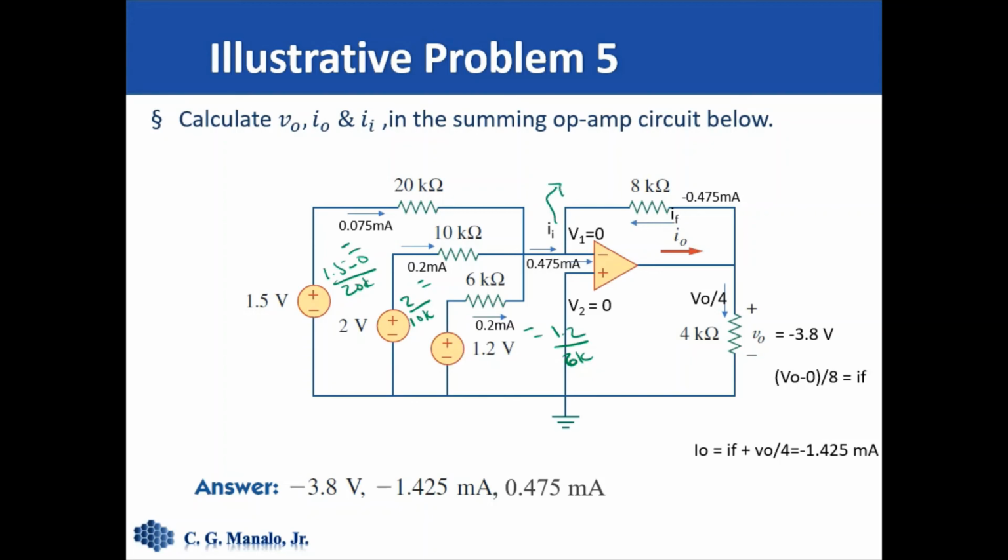This current here is equal to the sum of these three currents, okay? While this current here is V naught minus 0 divided by 8K. This current here is equal to V naught divided by 4K. Okay,